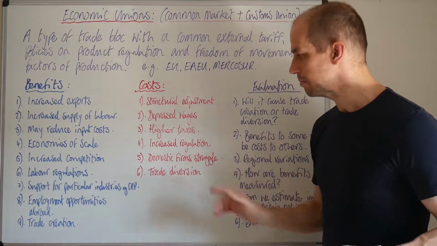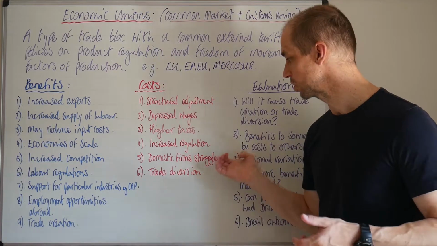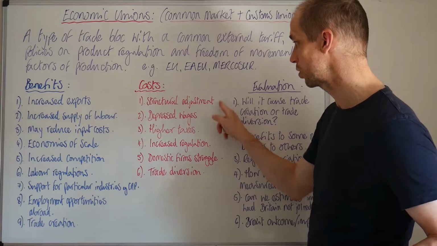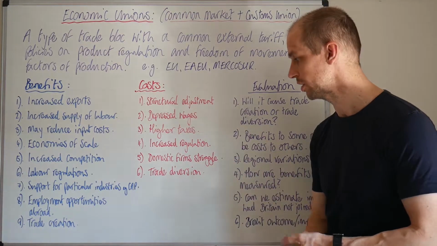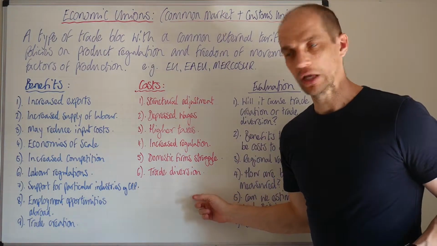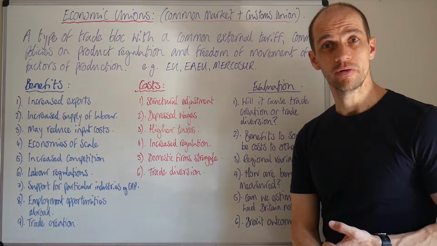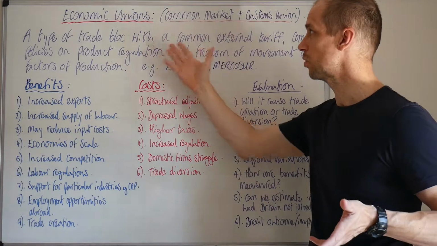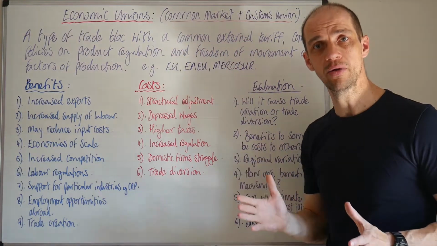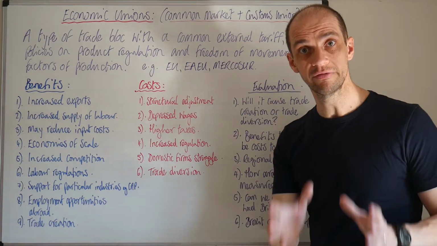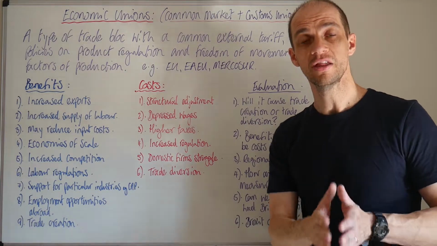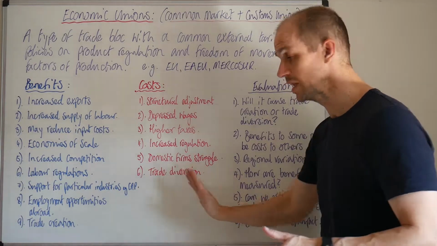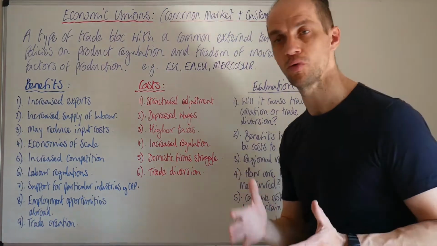Okay, so that may mean that smaller domestic firms could actually struggle to compete, and that can pose a problem and of course lead to that structural unemployment. Final point here, is it going to lead to trade diversion? So is setting up this economic union, this trading bloc with the common external tariff, is that actually going to divert trade away from the most efficient producers in the world and therefore lead to a reduction in overall economic